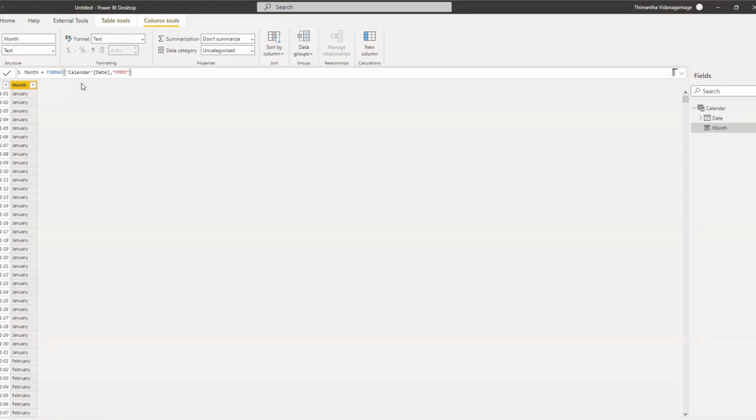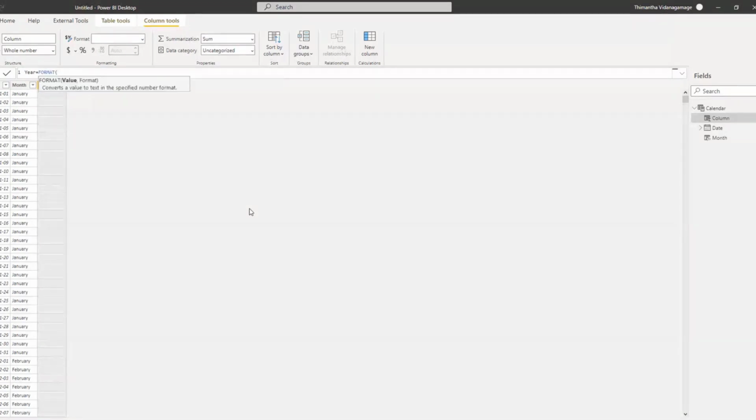And afterwards, you need to bring in another new column for year. So I would just keep it year and month. You can go for the date level as well. I will not be making it overly complicated, but in real life, you might have to go into date as well.